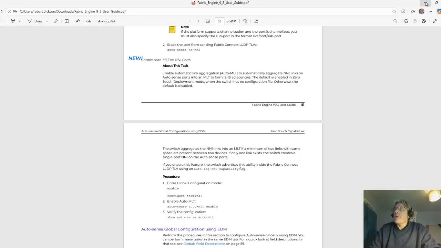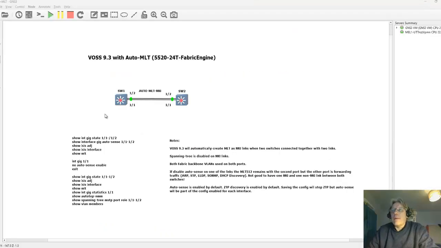So I've got a couple of switches which I've created in this project. Switch 1 and switch 2 are connected together with two links. They will automatically build a multi-link trunk 512 with two links in it and form an NNI link across between them, because they've automatically got fabric enabled on the switches. So there are some show commands I've put in here, and what I'm going to do is just